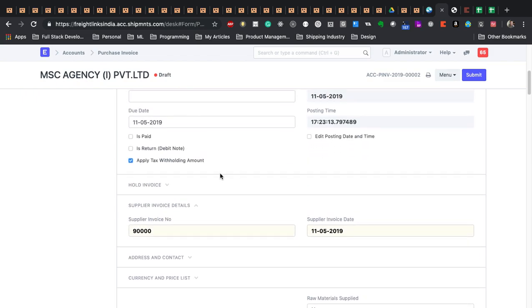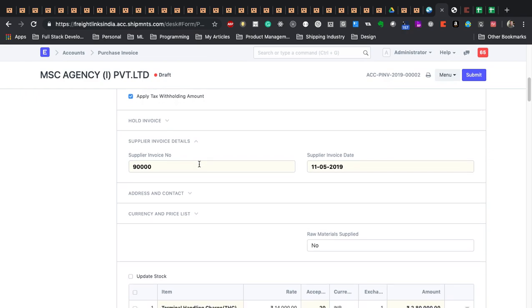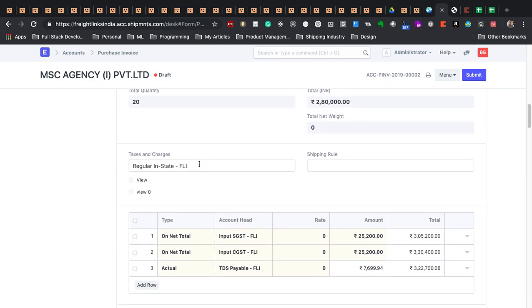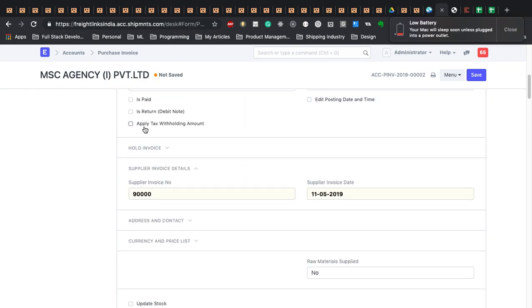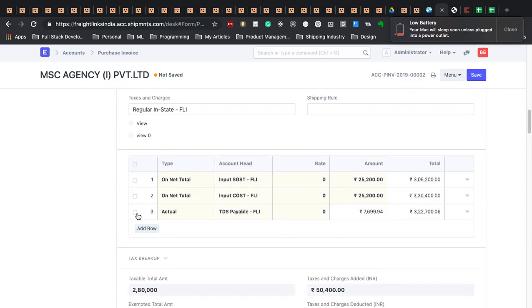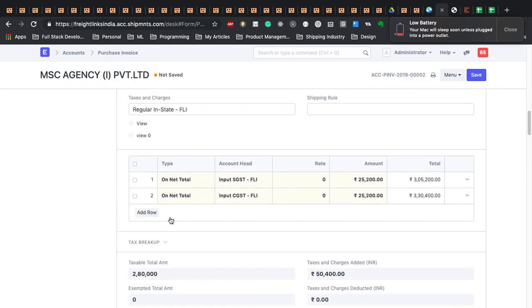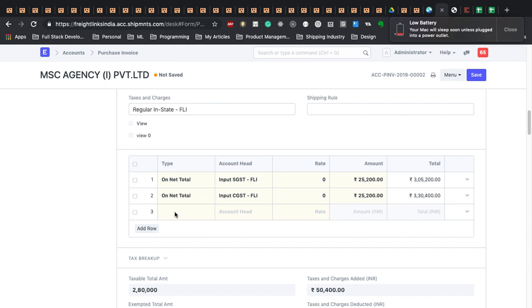System will automatically calculate the tax withholding amount, which is the TDS payable deduction on a purchase invoice, as soon as the invoice is saved. But in cases where you feel that the TDS amount calculated by the system is not correct, or you have a different logic of calculation, you can just deselect this checkbox. You can delete the row and then add the TDS payable on net total, on the invoice amount, not the GST inclusive amount,